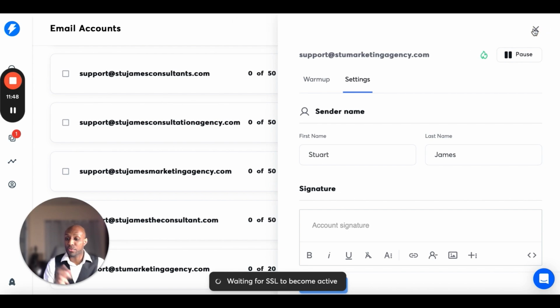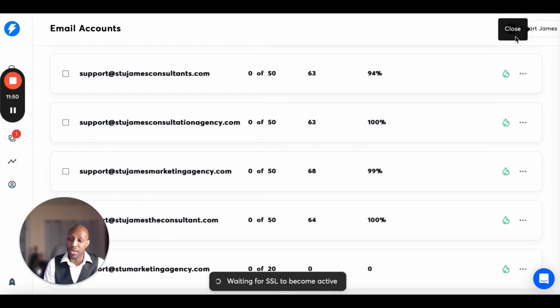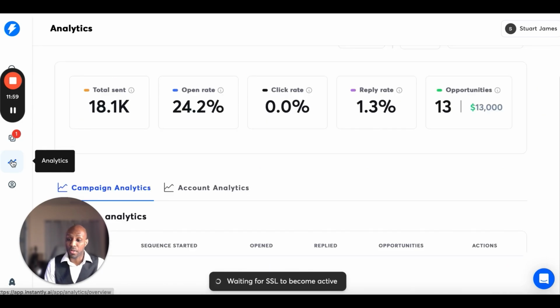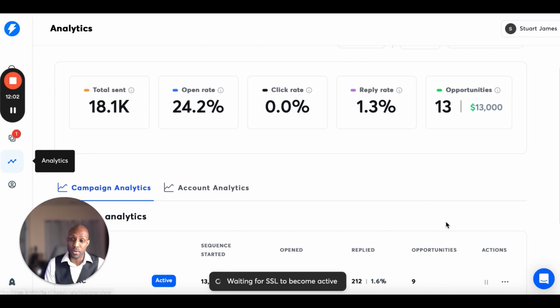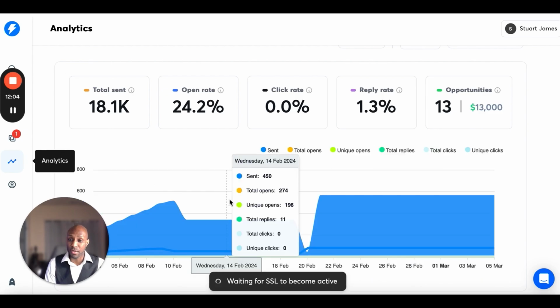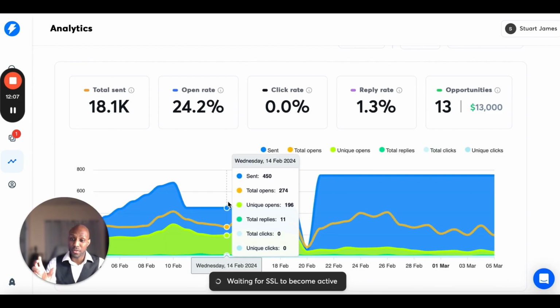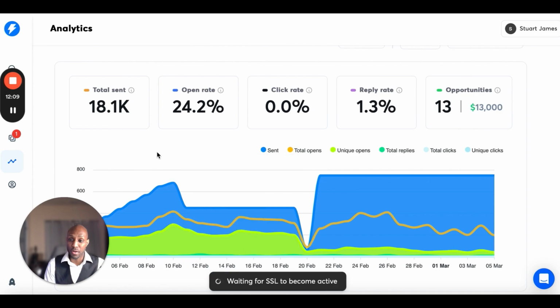And then rinse and repeat the same process for all your domains, depending on how many you obtained. But this system actually works, you know. In my scenario here, you could easily see that I've sent a total of almost 20,000. My open rate is close to 24%, and my reply rate is around 1.3%, and the opportunities